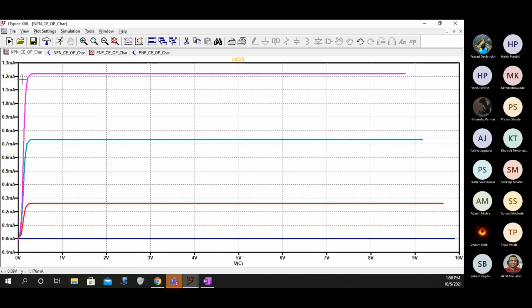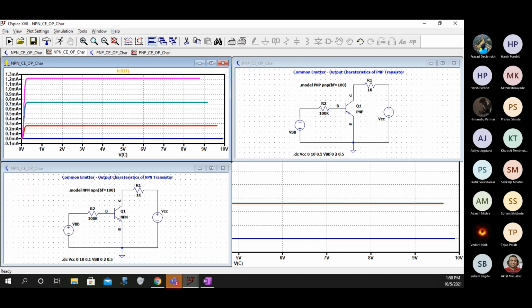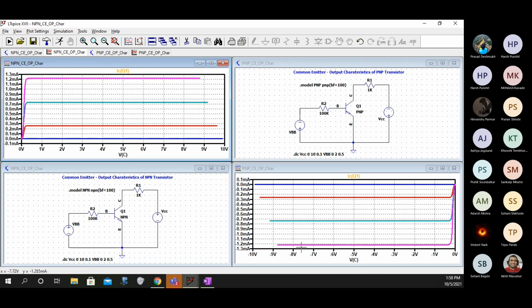You can see here this is around 1.2 milliamperes, and here also it is around the same. So NPN and PNP are not very different for the same value of beta.